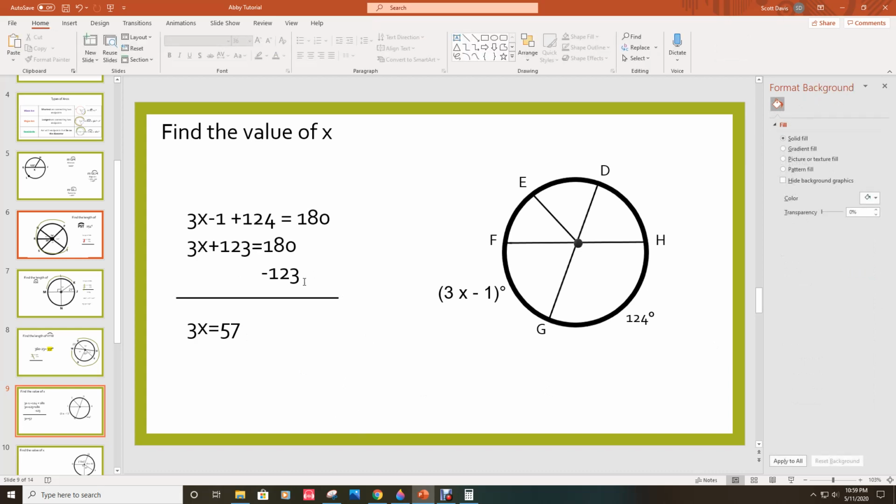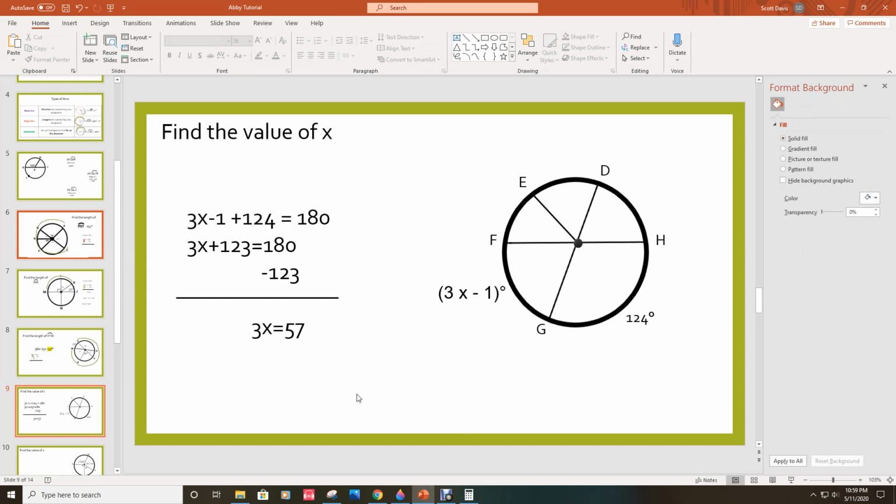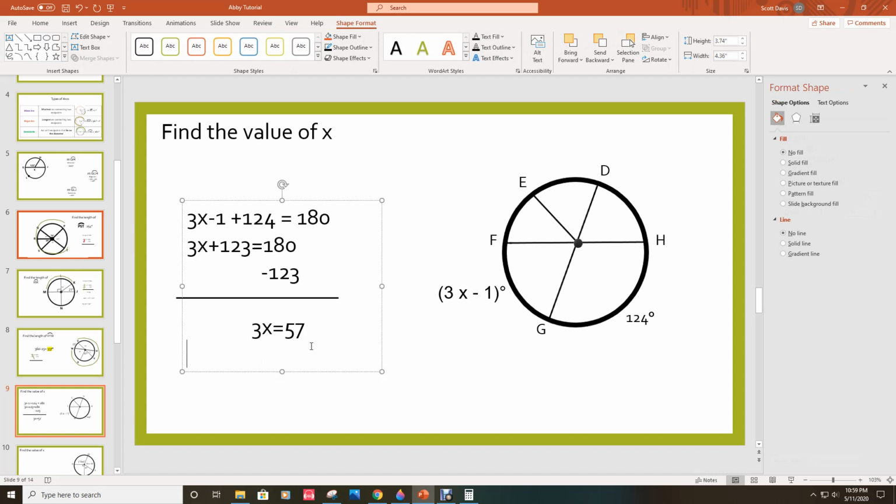Okay, so 180 minus 123 ended up equaling 57. So now, all we have left is that 3 times x. So to get rid of that, we know that we are multiplying here, so to get rid of that 3, we need to divide. So we are going to divide everything by 3. If I divide 3 divided by 3, you know we're going to get 1. So that means I'm going to be left with just this x